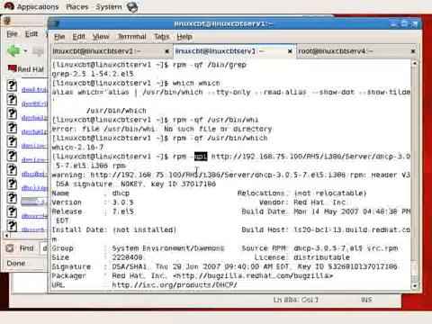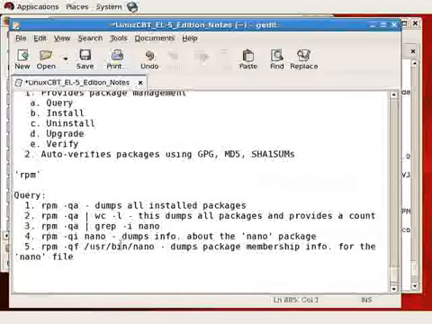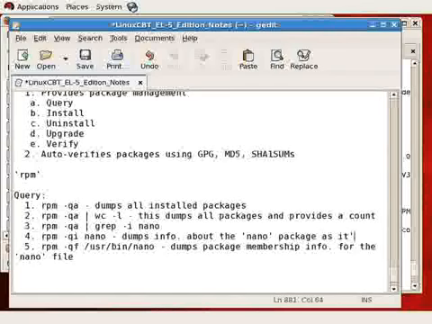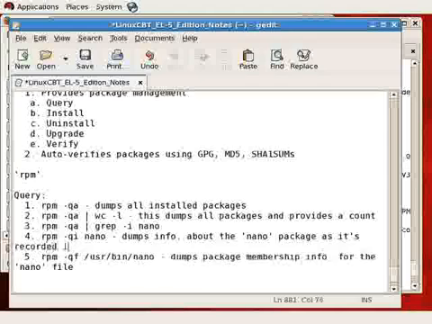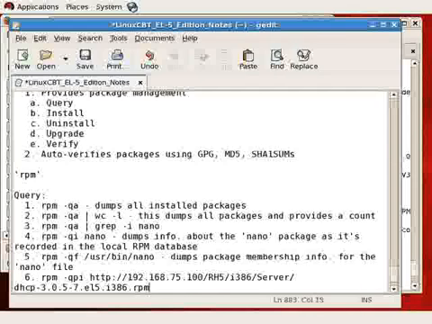So we rpm -qpi as opposed to rpm -qi. Query info queries packages in the database. So it dumps information about the Nano package as it's recorded in the local RPM database. However, as a sixth option, rpm -qpi followed by the URL that we've just pasted dumps info about the uninstalled DHCP